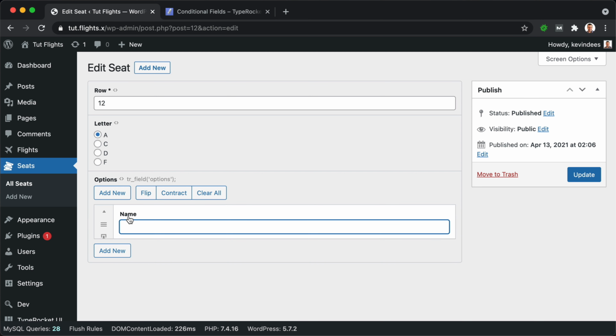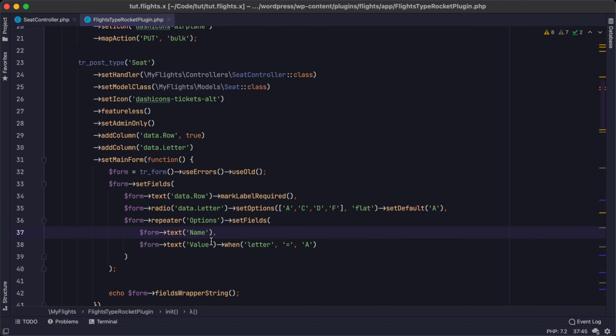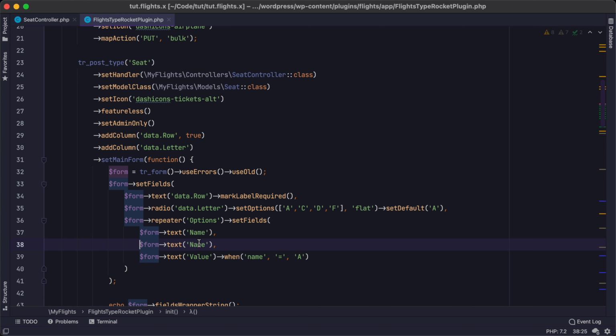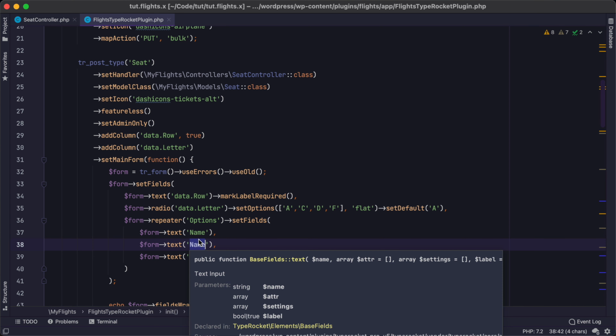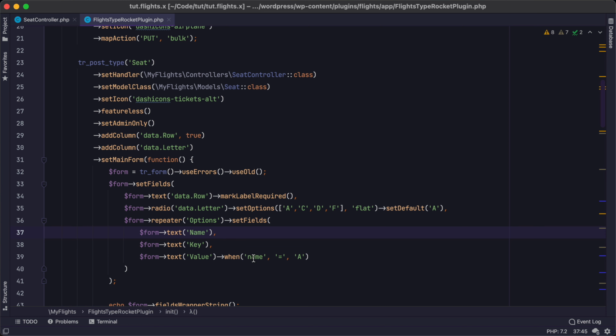And that's because our conditions are context aware. So what this means is this value field, when we type in name, for example, it works within the context of the level of fields that it's in. So in a repeater field, for example, these fields are grouped inside of this options section. And so this value, when we use when name, it can only reach inside other fields that were inside of this repeater field group. So if I had another field in here called key, let's say, then instead of name,